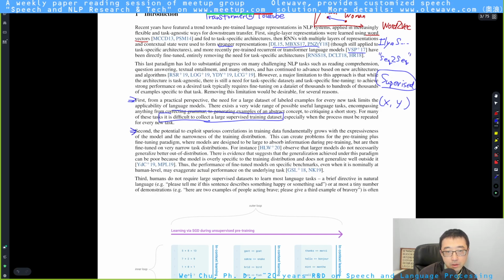The second limitation was the potential to exploit spurious correlation in training data. A spurious correlation means fake causality, fake correlation. Suppose John goes to work every weekday, and he sees a red car passing in front of his house every weekday morning.